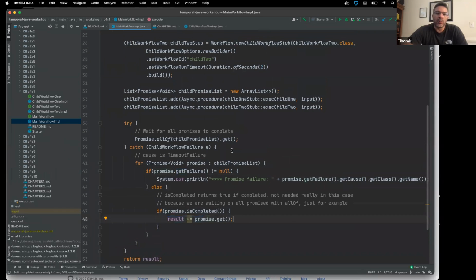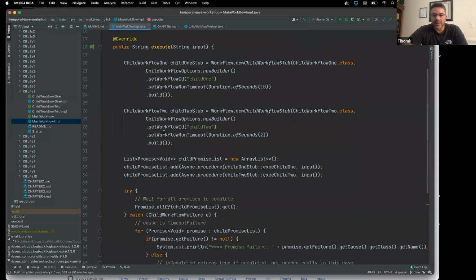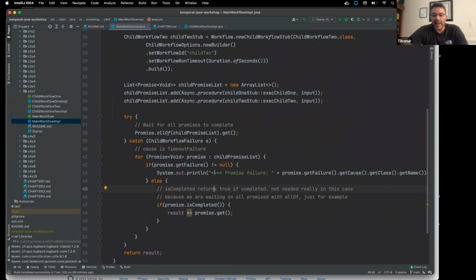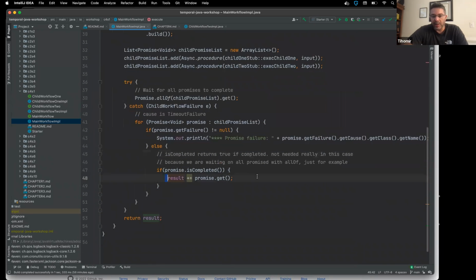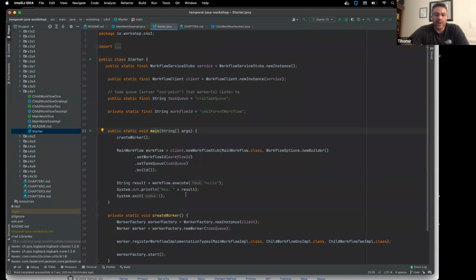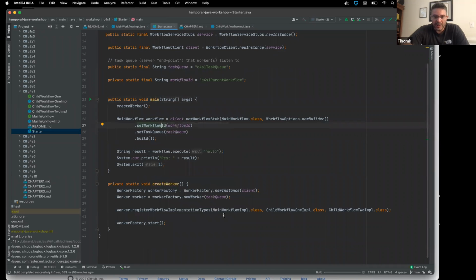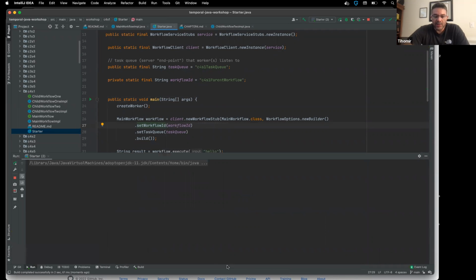And all we're doing here is basically adding. So from the two child workflows, both give us a result, but we handle the failure here from the second one, which will time out, and add to the result only the returns of the promises that actually completed. And again, we got a little starter here that just starts the workflow. It's nothing, we've seen those many times. I'll start to run